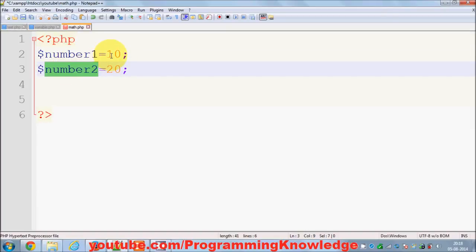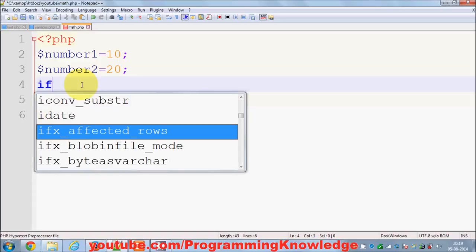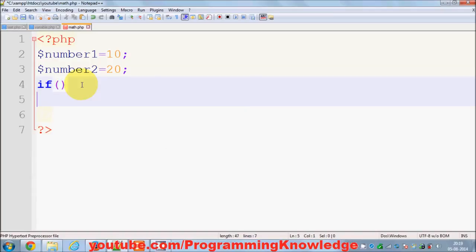Both have some value inside them. So number 1 is initialized with the value of 10 and number 2 is initialized with the value of 20, for example. And you want to compare these two numbers, and on the basis of comparison you want to show the result. So like any other good language, PHP also has this if comparison statement which compares the